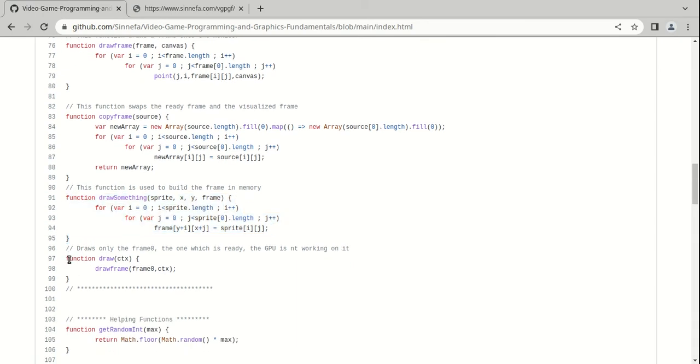Finally, here we have a function that simply takes frame 0 and copies it on a context, that is the canvas or the display or whatever. So this is actually the display step. So this is the key point. This is the function that is going to pull over and over again frame 0 and draw frame 0 without doing anything else. And that's why frame 0 must be ready when the process tries to copy frame 0